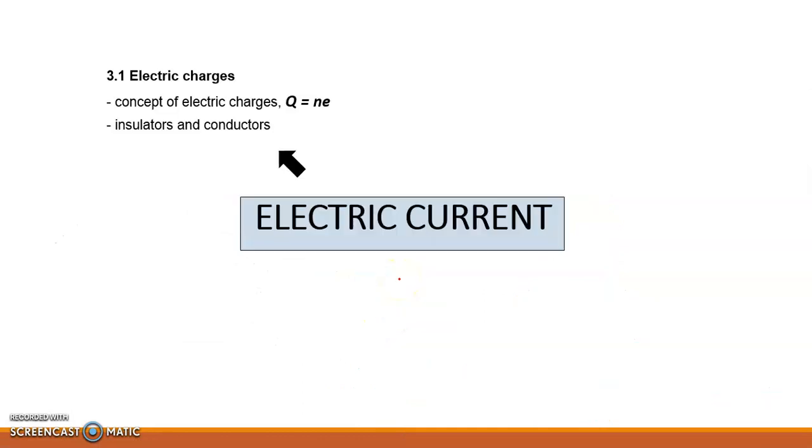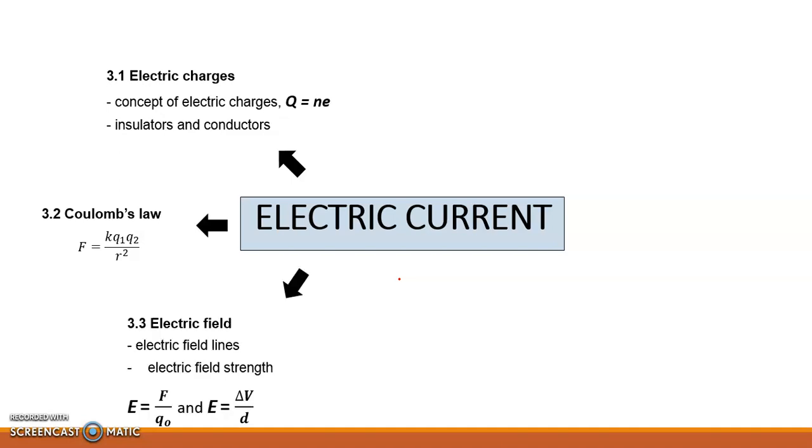So we have learned from this chapter about the current and also the electric charge, Coulomb's law, which is actually from chapter 3, the electric field that will produce current,